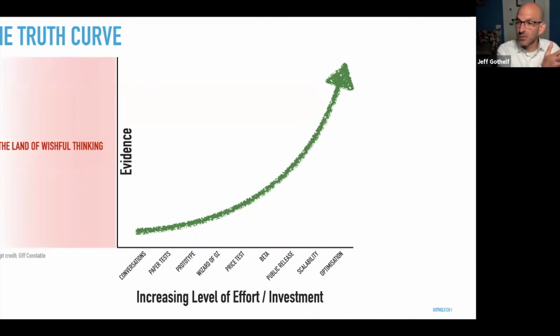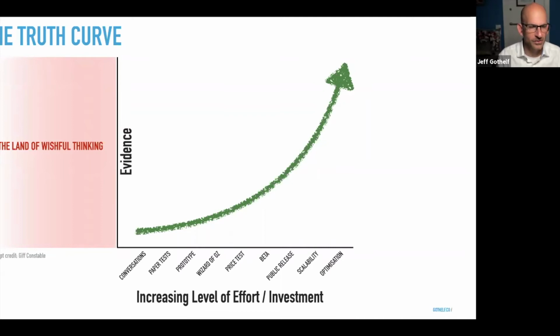So maybe we started off with customer conversation and paper prototypes because they're cheap and they're easy. And they worked out pretty well. We got some good feedback. So now we're going to build some kind of a prototype. Or maybe we build a Wizard of Oz MVP, right? And as we collect more evidence, we justify greater investment in our experiments. So we want to follow that green curve, right, when it comes to how much time and effort we're spending